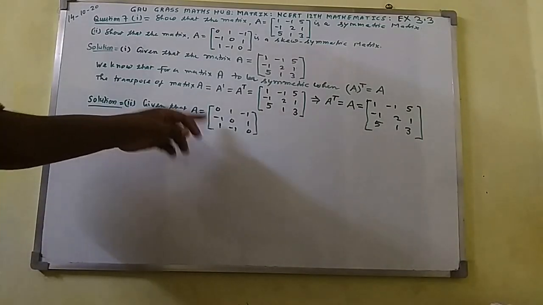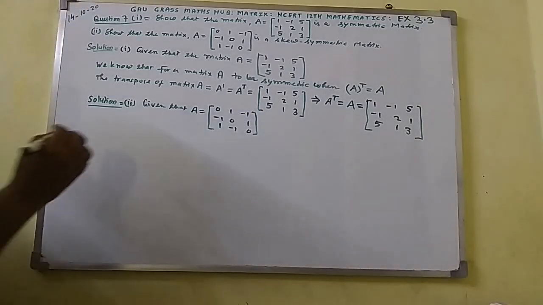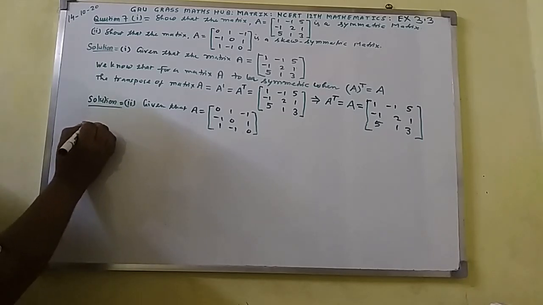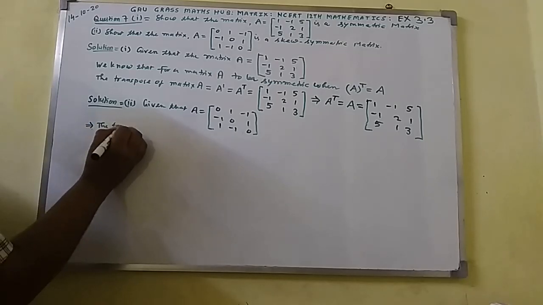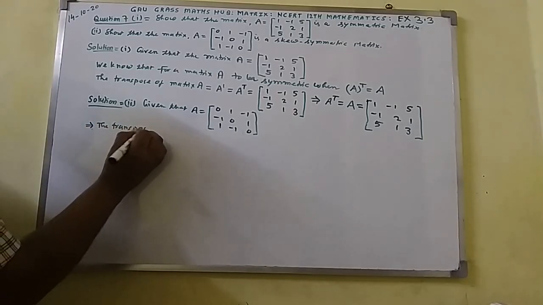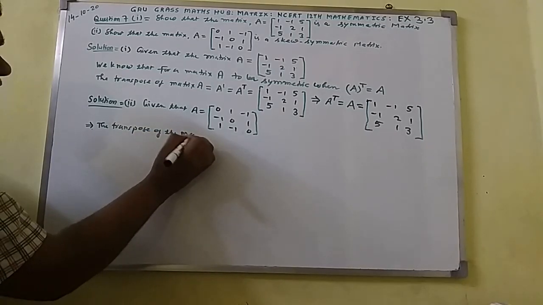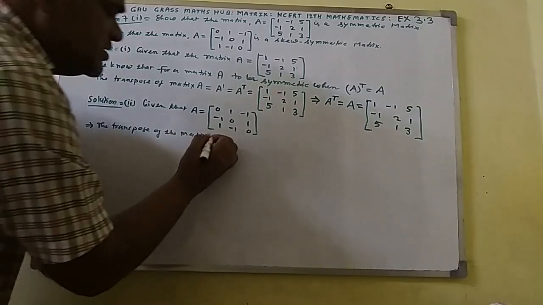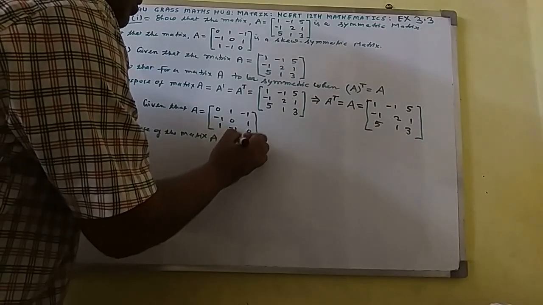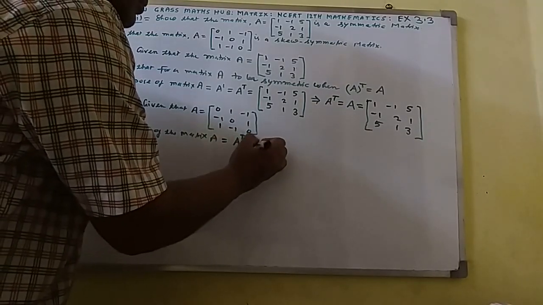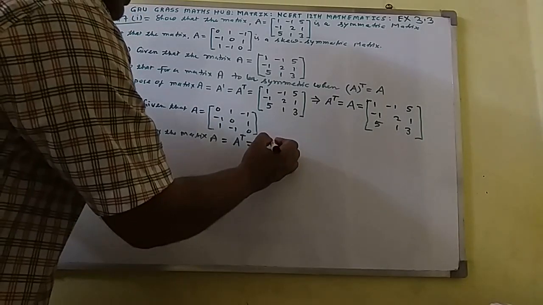From this matrix I shall get the transpose of A. The transpose of the matrix A equal to A raised to power t equal to A dash. So here I shall find the value of A dash equal to